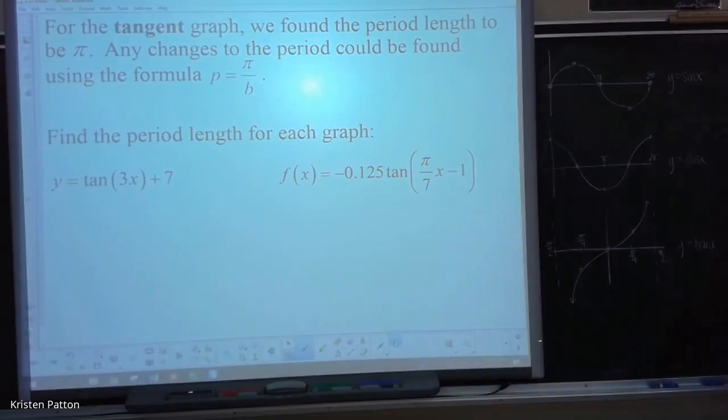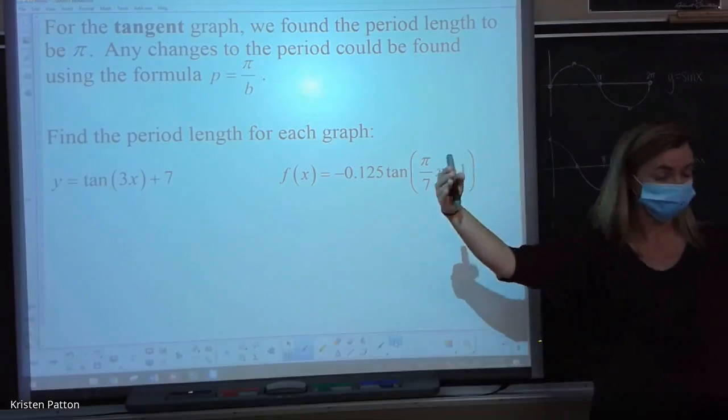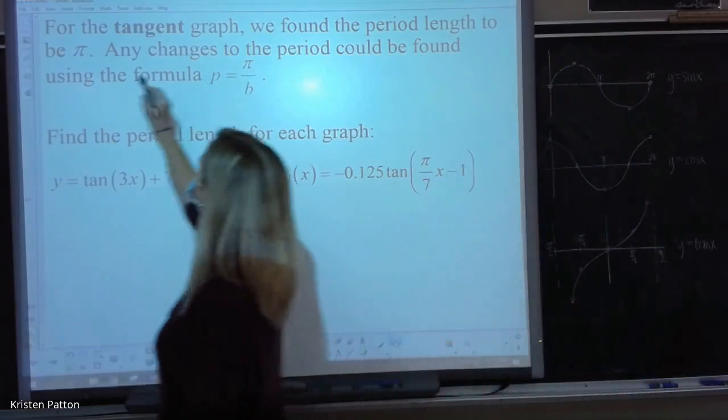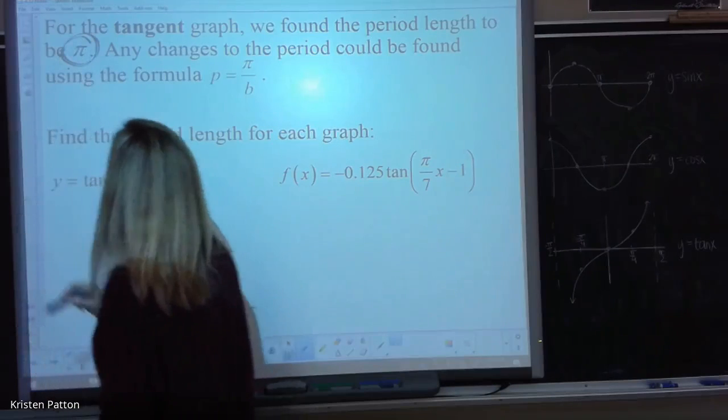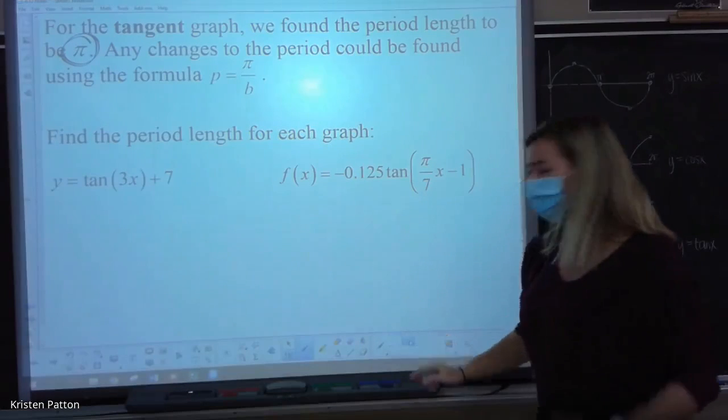Now, when we draw it, we don't draw it from 0 to pi. We could, but then we'd have two small pieces. I kind of like seeing one complete graph. So we said draw half of the graph on the left, the other half on the right. So it goes pi over 2 to the right, pi over 2 to the left for a total of 1 pi. Okay. So the period length of the tangent graph is 1 pi,